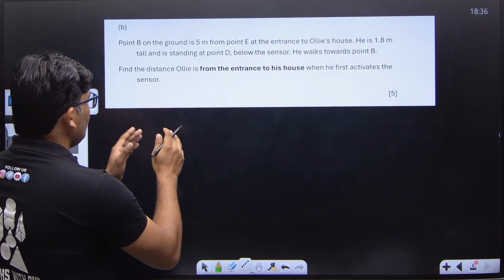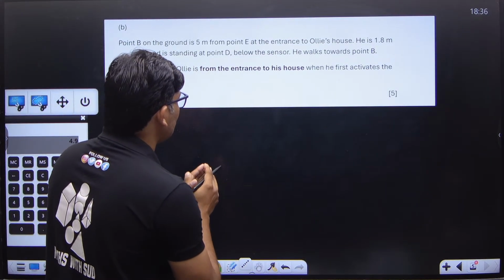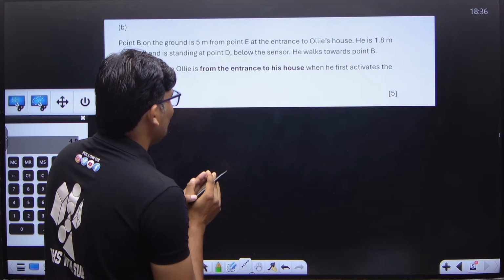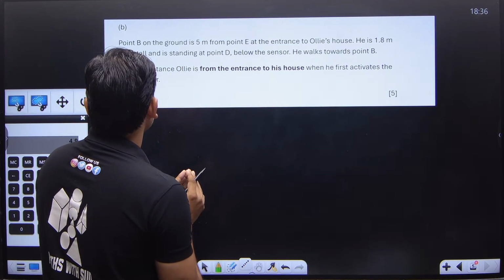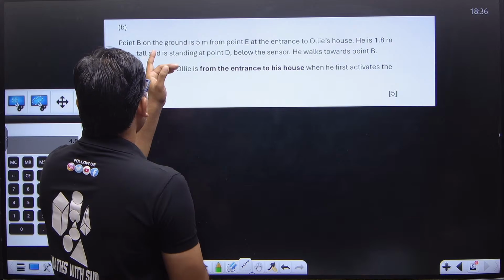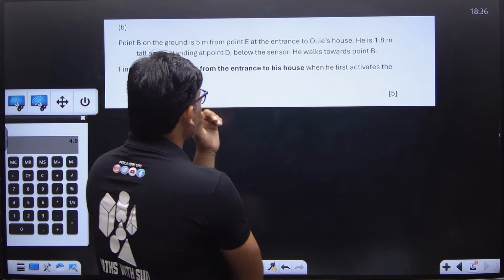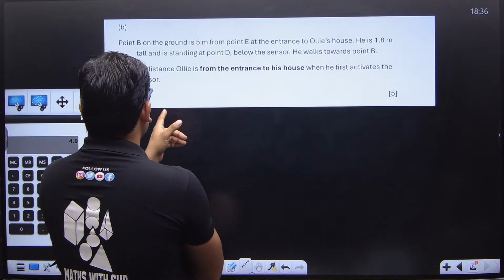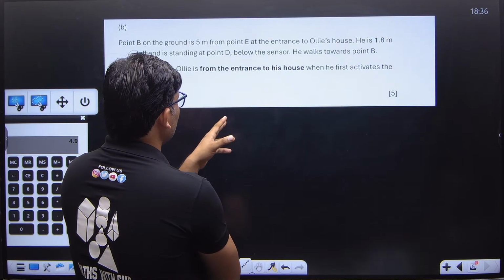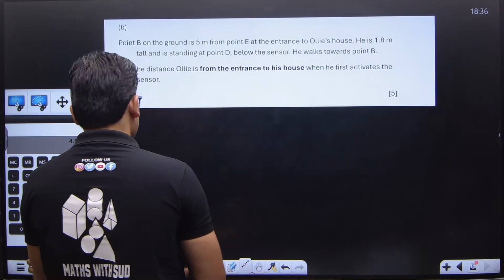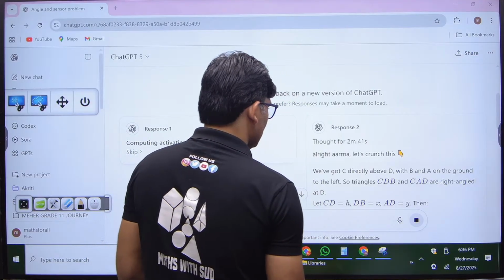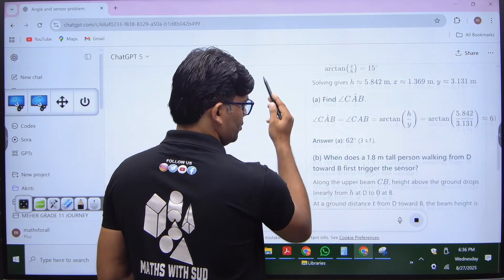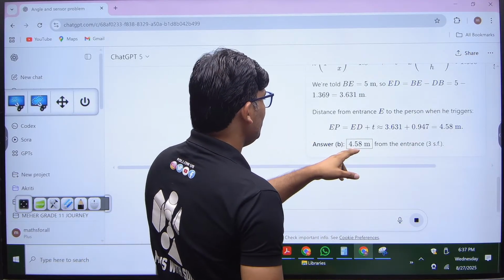Find the distance Oli is from the entrance to his house when he first activates the sensor. Point B on the ground is 5 meters from point E. At the entrance to Oli's house, he is 1.8 meters tall and is standing at point D below the sensor. He walks towards the point B. So whatever we have found, the answer is 4.58 meters. See,